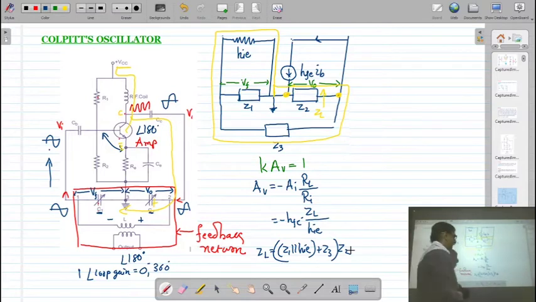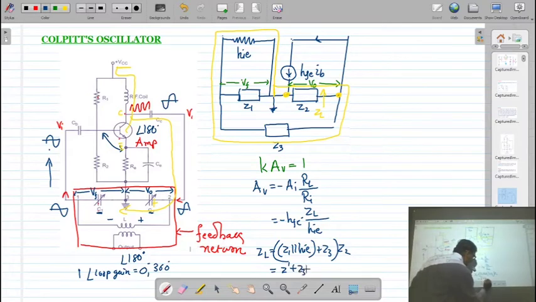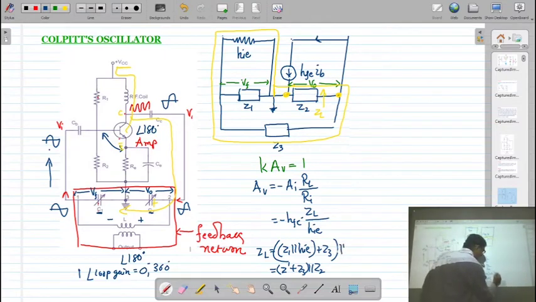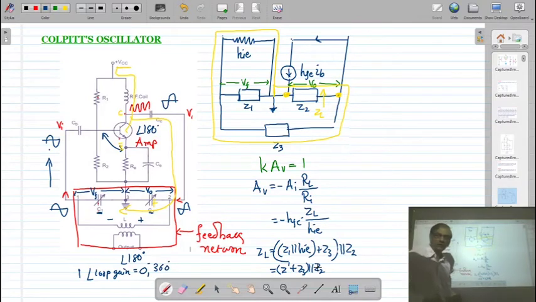And the feedback factor. What is the feedback? Here in this case, if you remember, in the previous case we have represented Z1 parallel HIE as Z1 dash. So Z1 dash plus Z3, and that is in parallel with Z2. So actually here also we have the correction, and that will be parallel to Z2. Correct? Z1 dash plus Z3 parallel to Z2. So this is the load for the Colpitts oscillator.